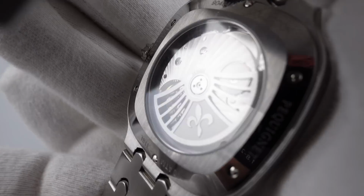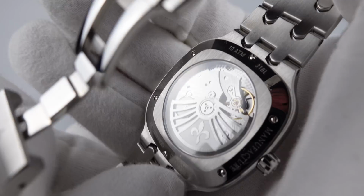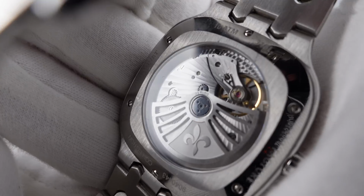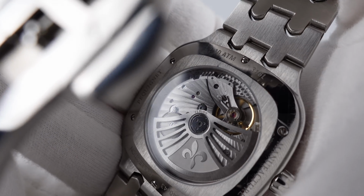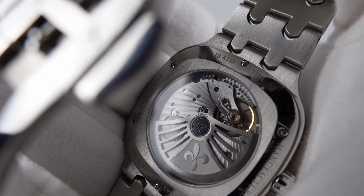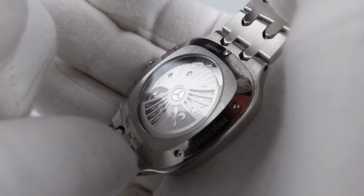This is high tier level in-house calibre finishing. €10,000 price point finishing on a watch which only costs €4,000. Just incredible. A very slim movement, technically excellent, accurate, with a very high power reserve of 65 hours. They've made the correct decision by using a 4 Hz frequency rather than 3 Hz, because that gives a nice